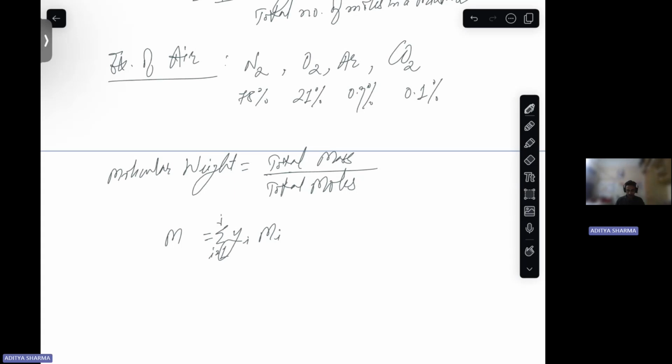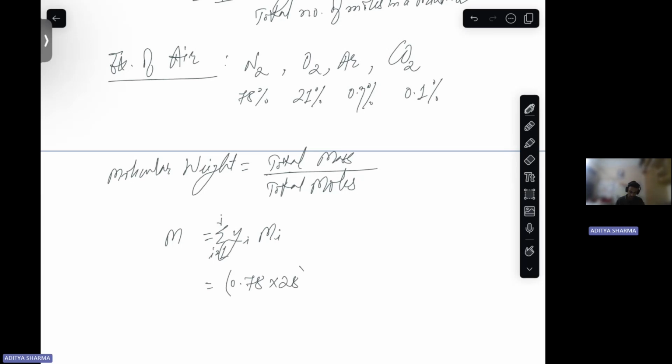Where i is the component number and j is the total number of components that are there in this mixture. Okay. Mi is the molecular weight of the component i in the mixture and yi is the mole fraction. So in this way it becomes,